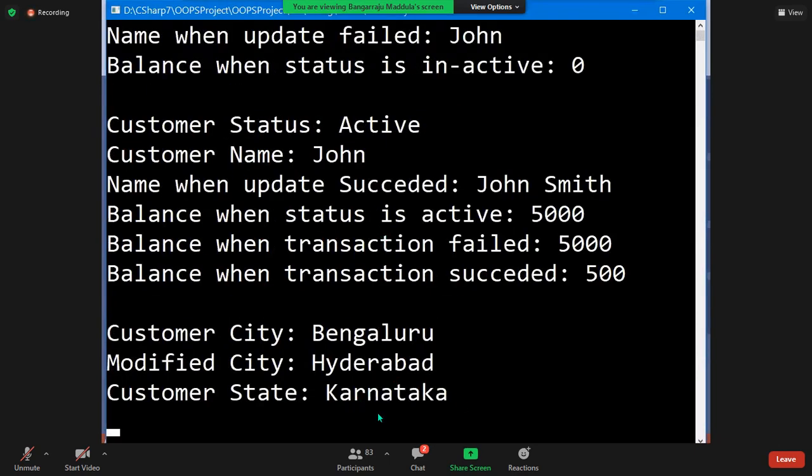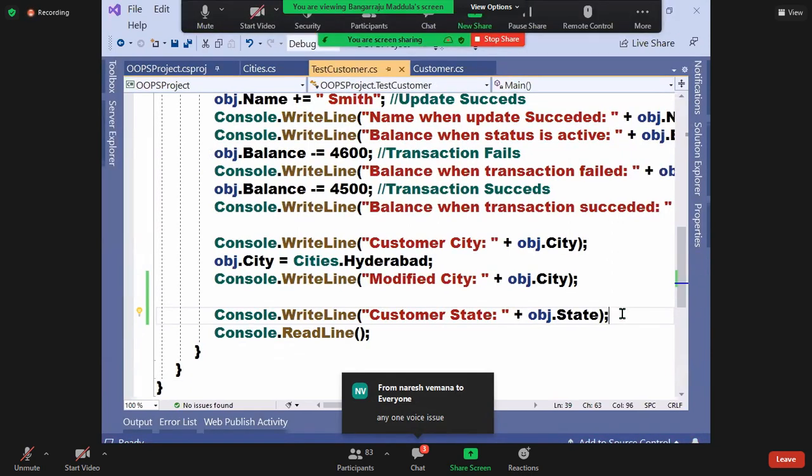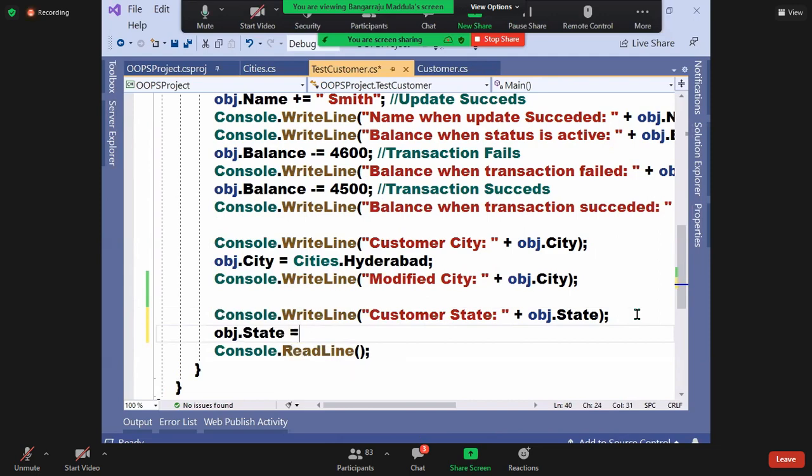I want to change it. obj.state is equal to Telangana.